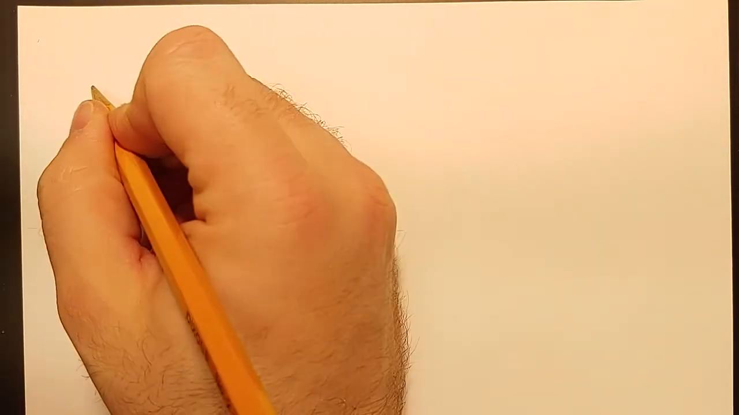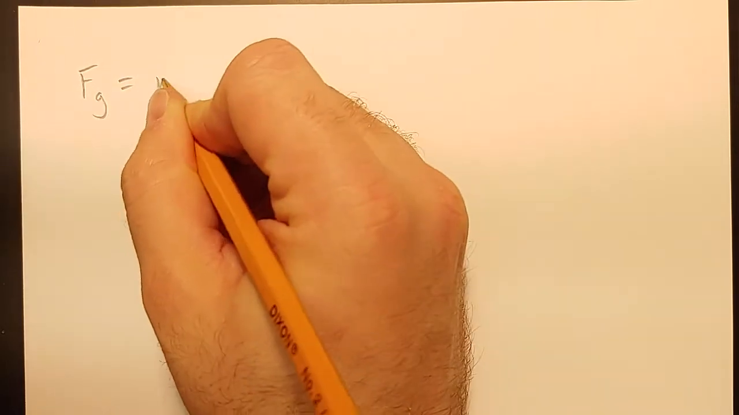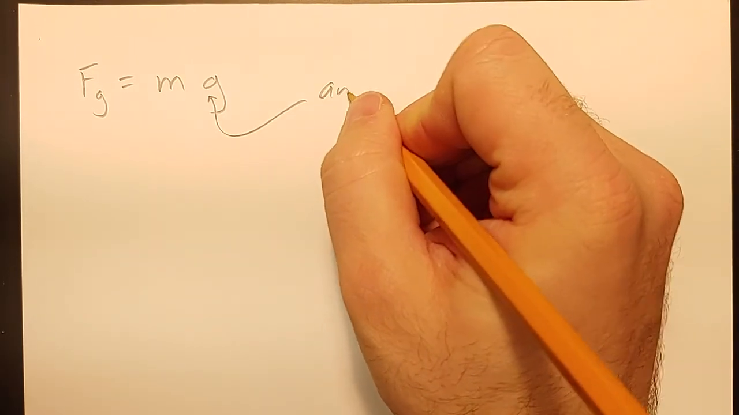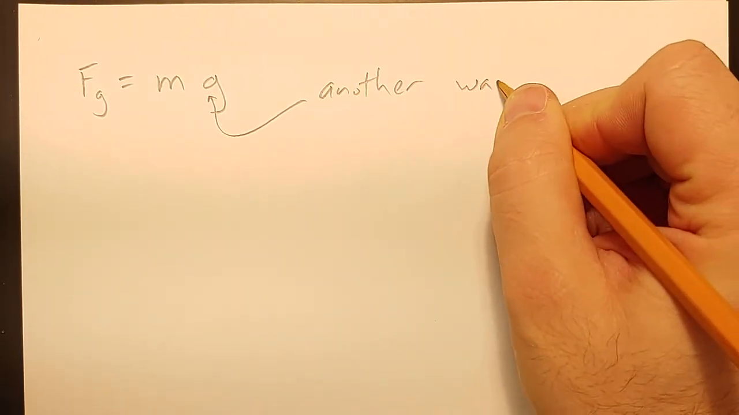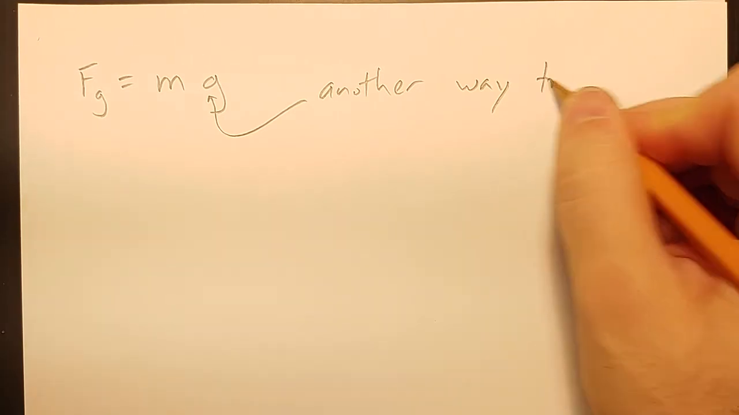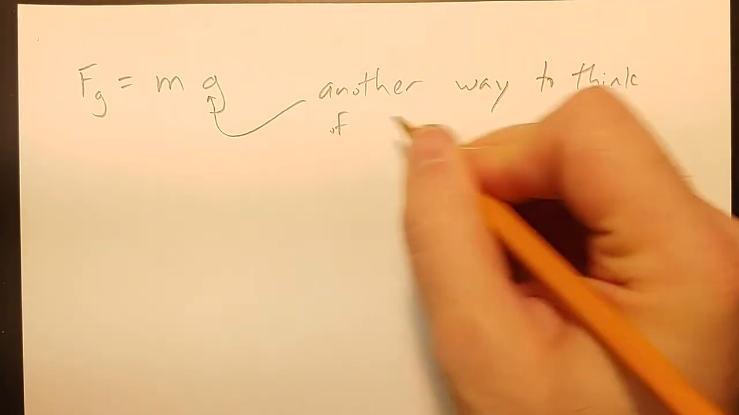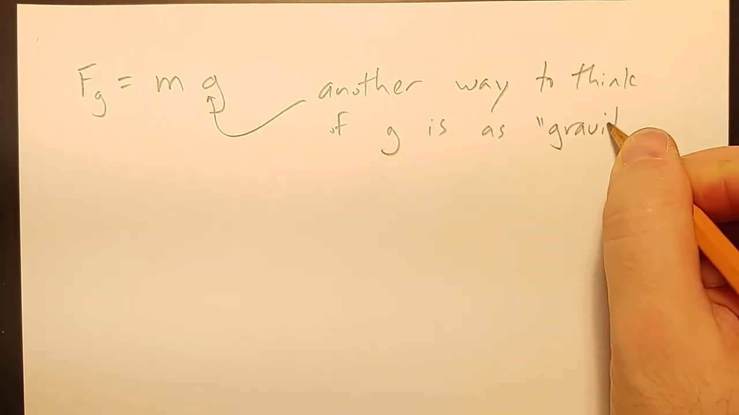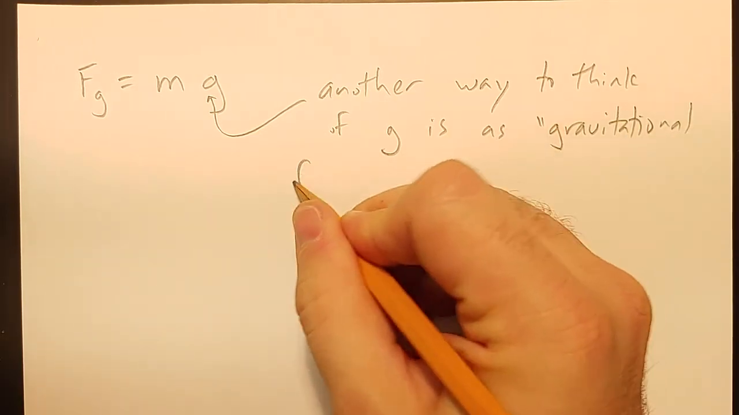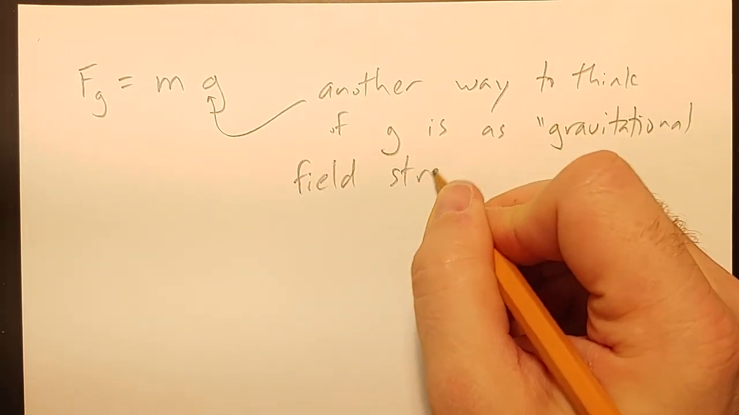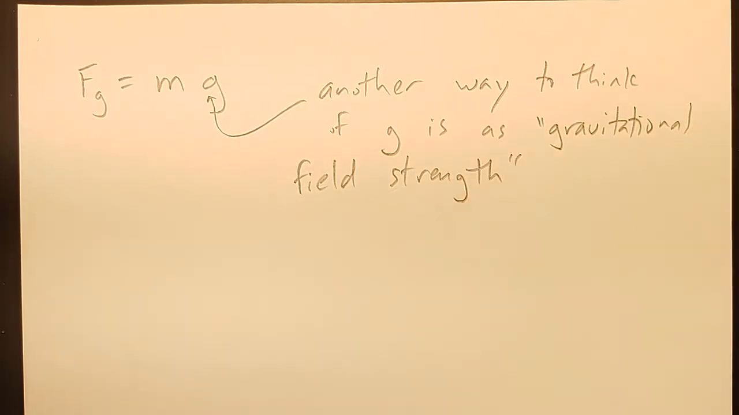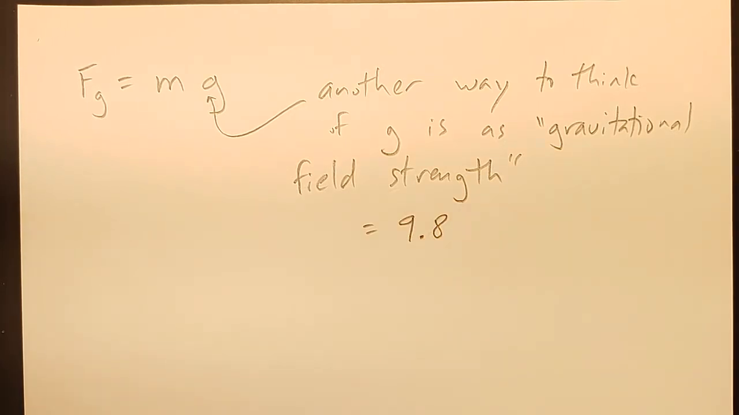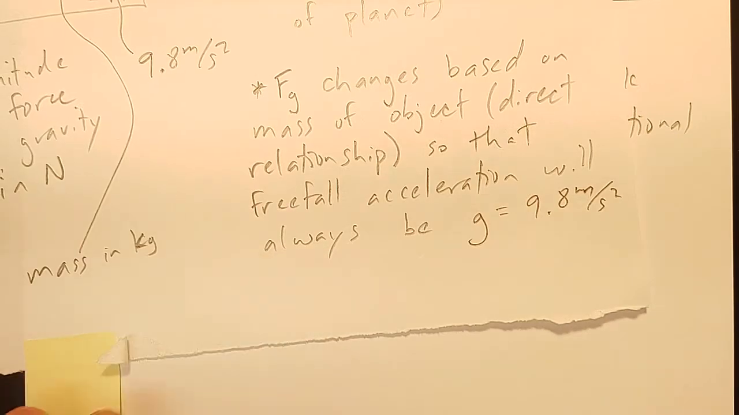And so the other way to think of the force of gravity is it's still m times g. But another way to think of this, and a way this is sometimes referred to, is as what's called the gravitational field strength. Which is 9.8. But instead of writing it as meters per second squared, remember a